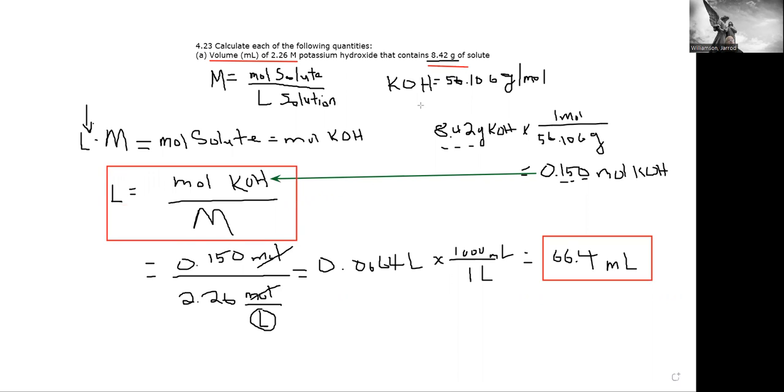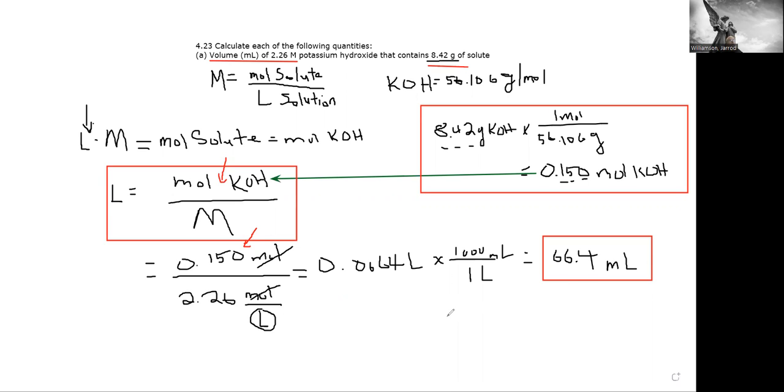Then I turned the grams into moles, and I put the moles right here, 0.150 moles. The concentration is 2.26 molarity, which is 2.26 moles per liter. If I divide that, moles cancel, I'll be left with 0.0664 liters. Convert that into milliliters, and I get